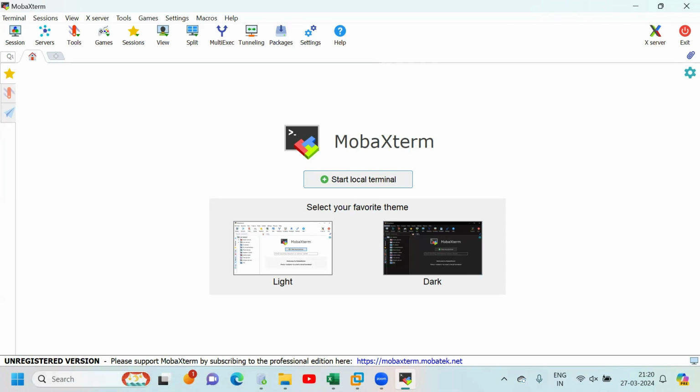So while logging into any machine, not to our own machine, we need to connect to the Unix server where the business has their data. That means we are connecting to some other server from our system. To do that connection, we need to give credentials, right? All those credentials will be provided by the team members. We just need to enter those details to connect to the Unix servers. Okay. After connecting,